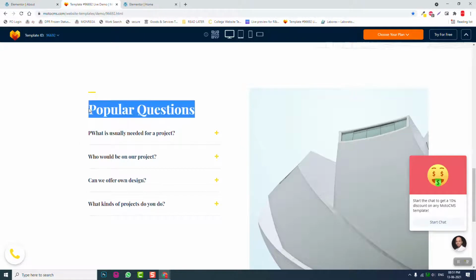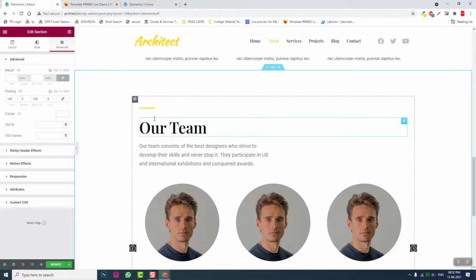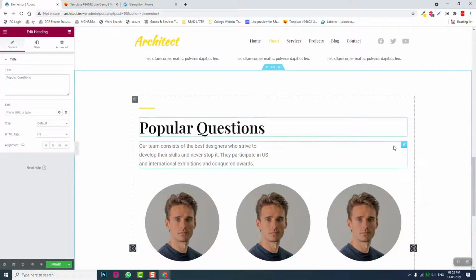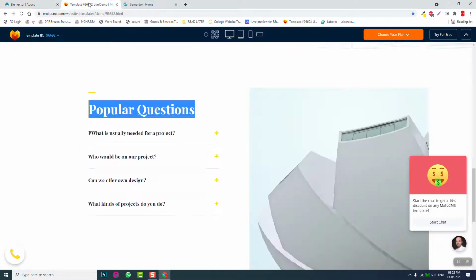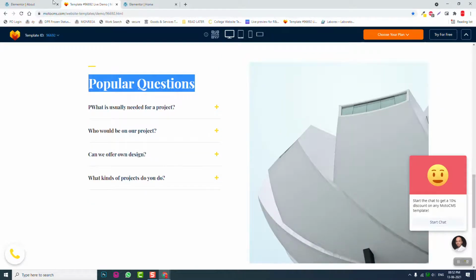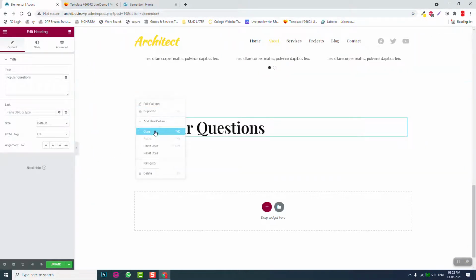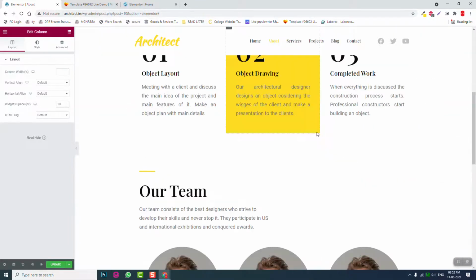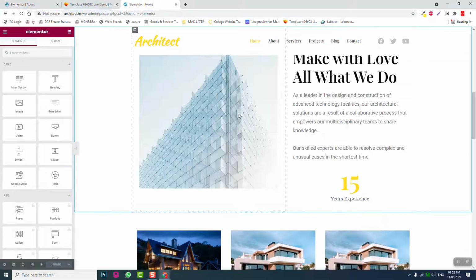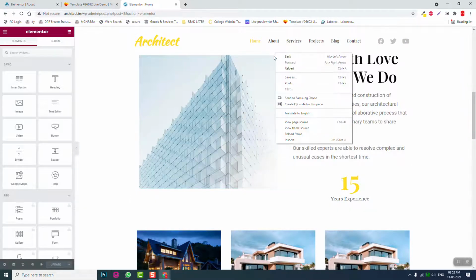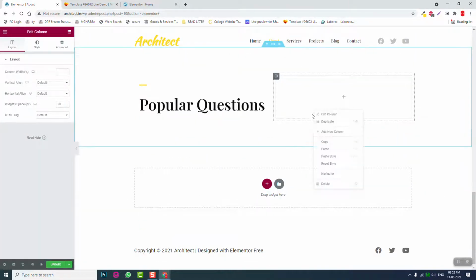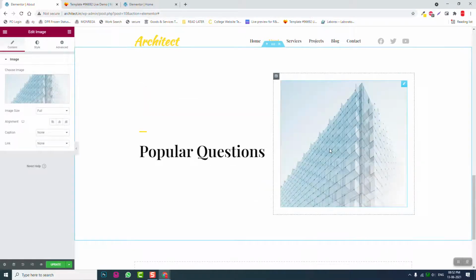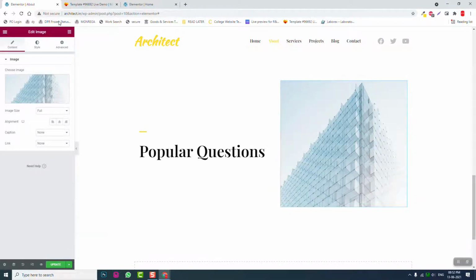here popular questions or frequently asked questions. Delete this widget, delete this widget too, and insert a new column to the right, and from here we can copy this widget, copy this widget and paste it here. Okay, change the image if you want, then